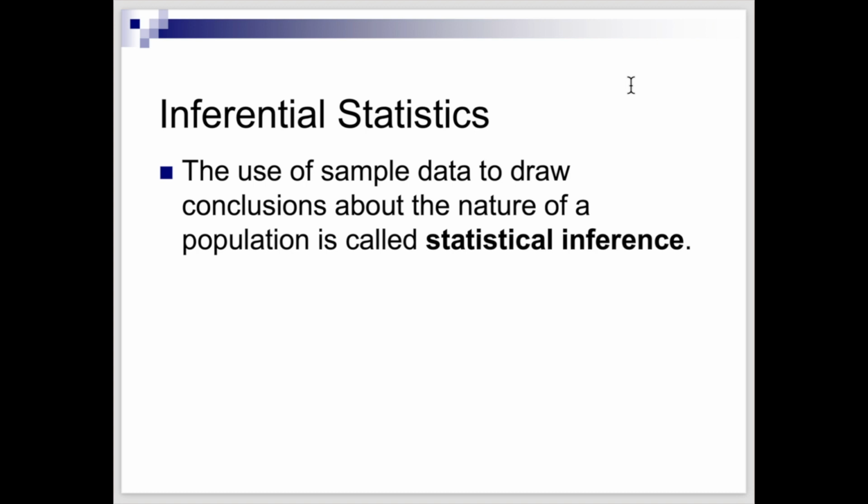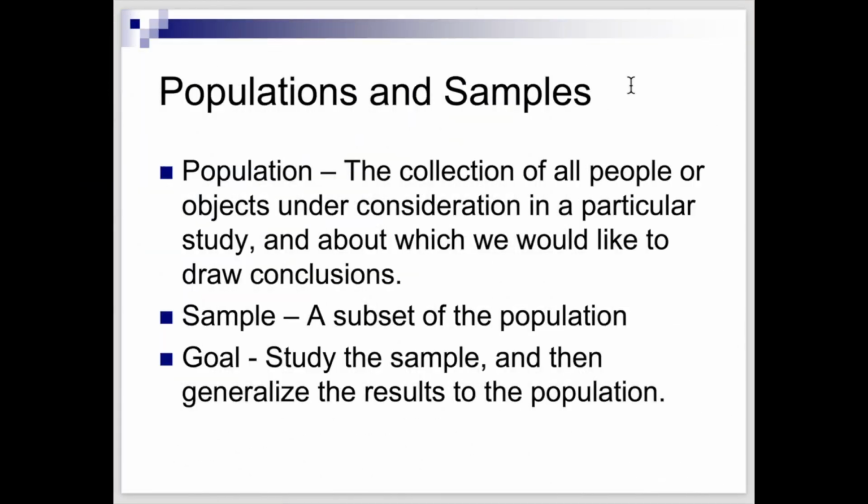Inferential statistics is the use of sample data to draw conclusions about the nature of a population in order to answer various questions of interest. Now, in order to really understand statistics, it's critical that we understand the difference between a population and a sample. If we don't understand the distinction between a population and a sample, then really everything that one does in statistics will be a mystery. We won't be able to understand why we're doing it if we don't understand this important